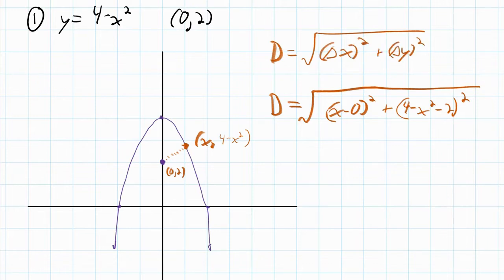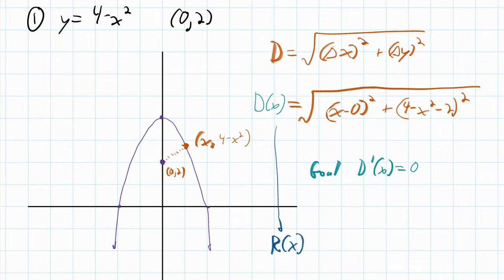So in this case, my essential goal in these is to find a prime. Since this is distance with respect to x, or d of x, my goal is to take d prime of x and set d prime of x equal to 0 and figure out at what points that happens. Well, in this problem and in this problem only, I'm actually going to try a slightly different strategy. I'm going to create a second function. I'm going to call it r of x, and that's just going to be the radicand, which is the thing